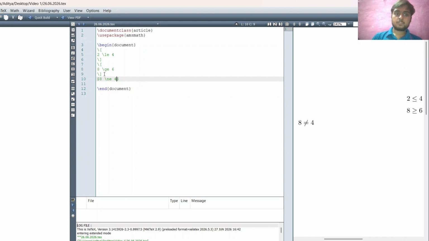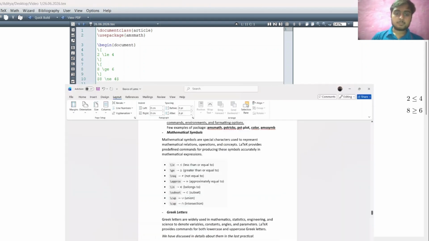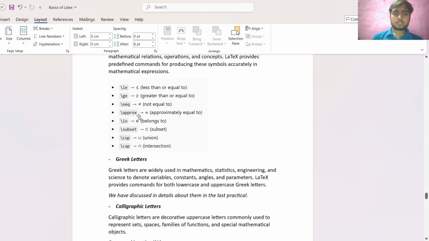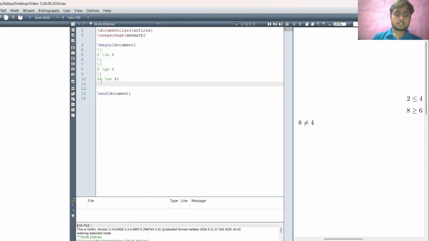Since I have used the display operator for these two expressions, they have been arranged in the center, and the last one that I have printed using the dollar had been left indented. So this is also a symbol.